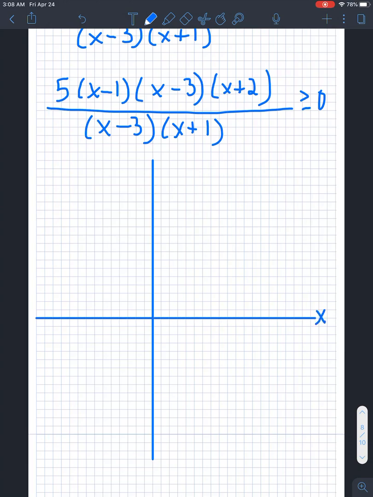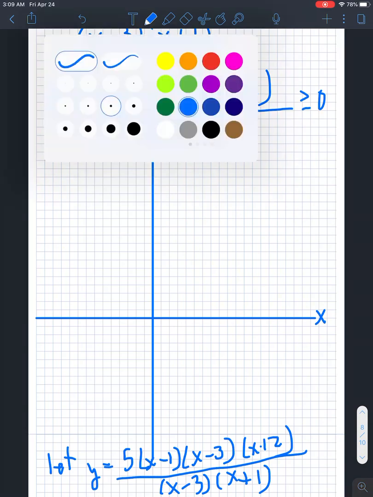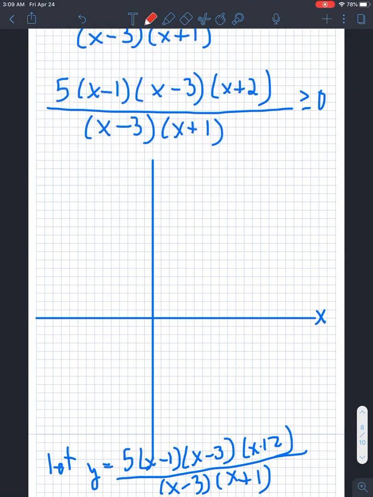X. We're going to say let y equal 5x minus 1, x minus 3, x plus 2 over x minus 3, x plus 1. Now we can graph that. I know we have a hole. Let's remember we have a hole at